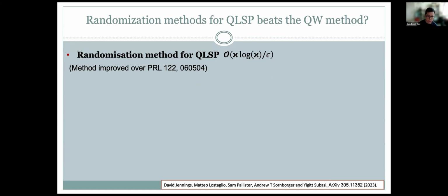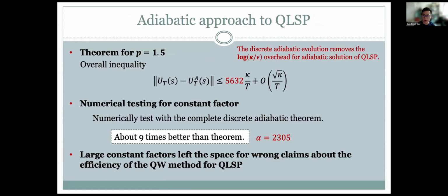Sorry, Pedro, I have a question over here. Why do you specifically choose P equal to 1.5? Are there any intuitive reasons behind it? Oh, this? Yeah. We could show that 1.5 gave the best results in terms of constant factors. That was the one with the best performance. But you could find other values that provide a better constant factor than that. Actually, in practice we use another one. When you do the numerical simulations for a practical matrix instance, we actually use P equal to 1.4 rather than 1.5.